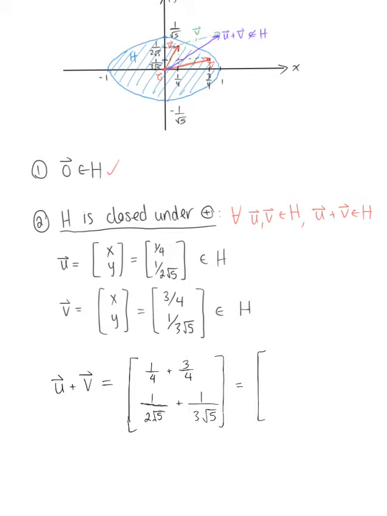So for our x-coordinate, we end up with 1. And the y-coordinate here, getting that common denominator, we end up with 5/6 times the square root of 5,